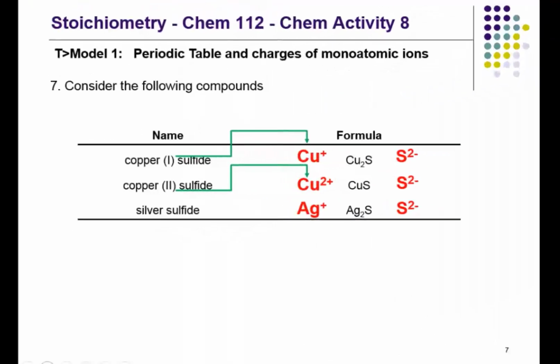Let's practice with this a bit, in that I'd like you to consider the two compounds Fe2O3 and mercury(I) bromide. For the Fe2O3, I'd like you to write its name, and for the mercury(I) bromide, I'd like you to write the formula. In the first case, for the Fe2O3, I hope you recognize the iron as being a transition